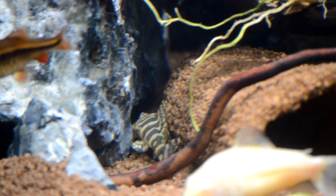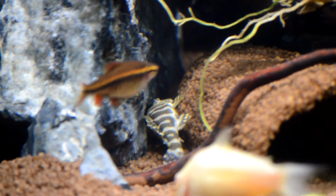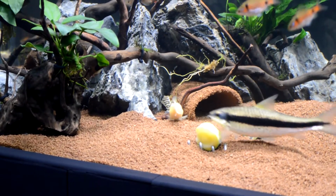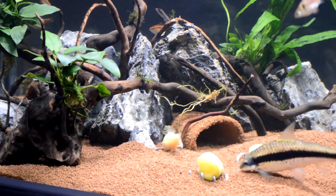But instead of living in the cave that I wanted him to live in, which is there, he's decided that he's going to live on top of it and sort of behind it, because there is like a cave network through all of those rocks you can see there, and he's decided that's where he lives. Just in there. So if we come out a bit,